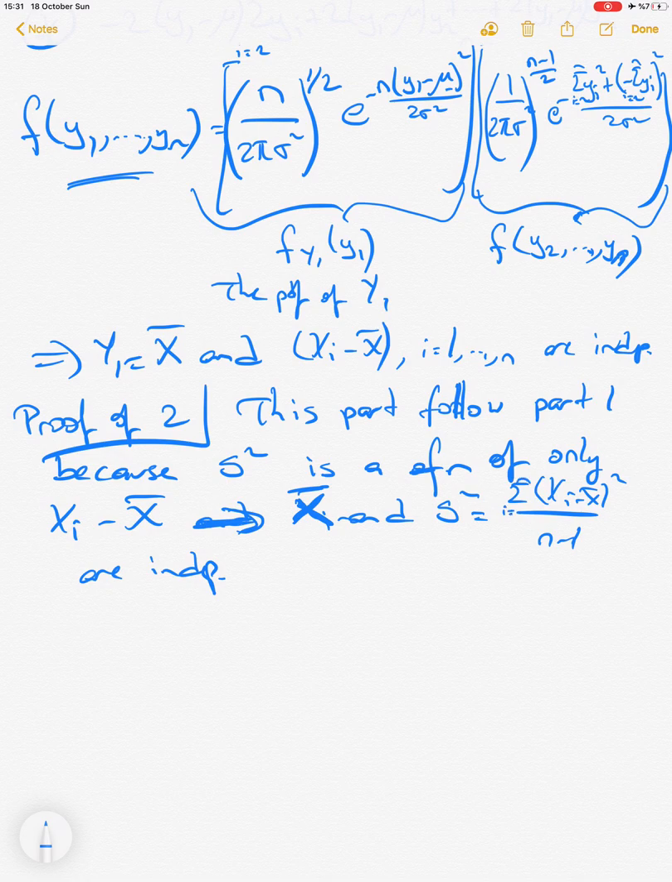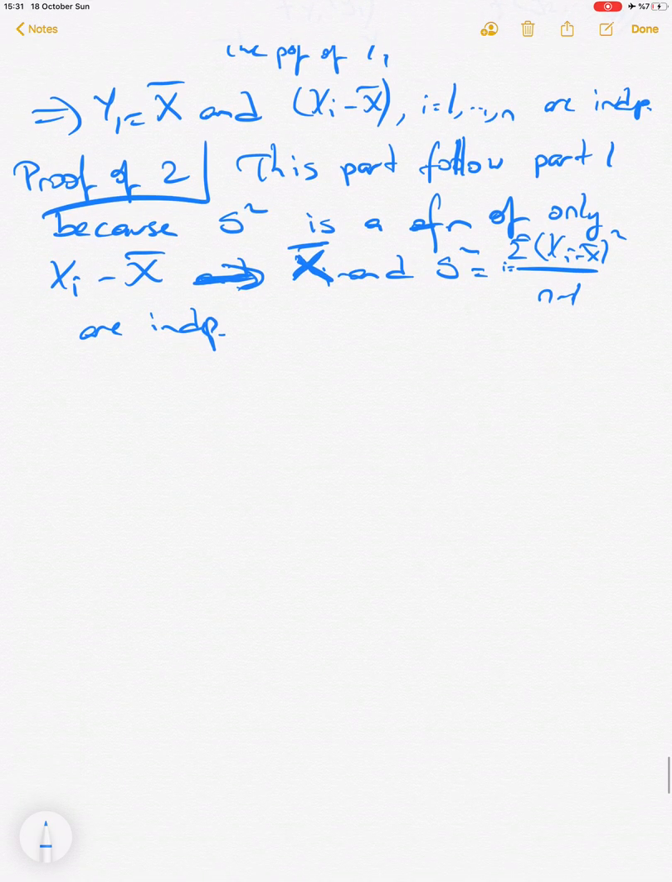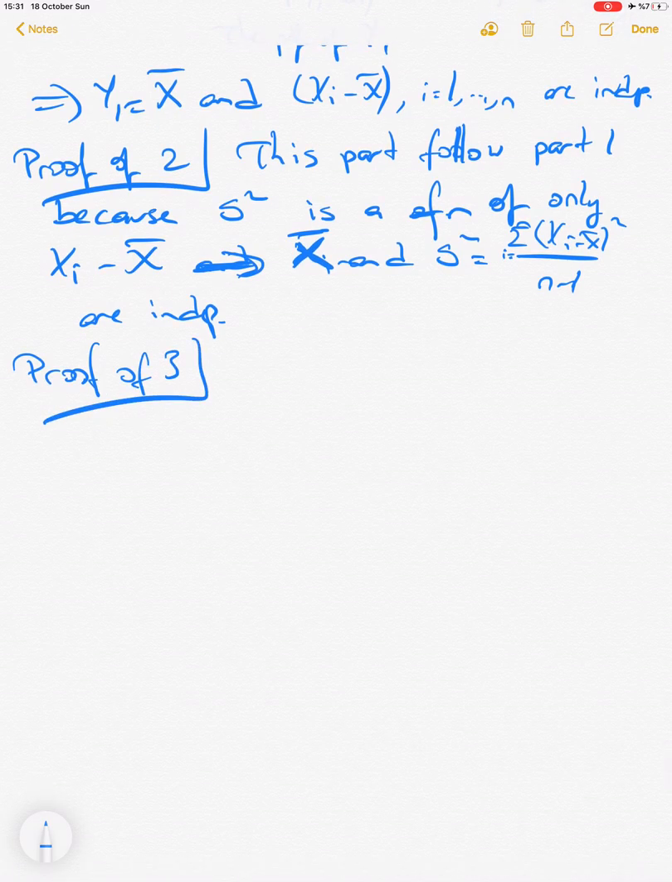I is from 1 to n. Okay, and then proof of the third one. It's about the distribution of sample variance, the function of the sample variance. But okay, so again here let's start with the known information from the previous proofs, previous theorems. Let's start with the known information